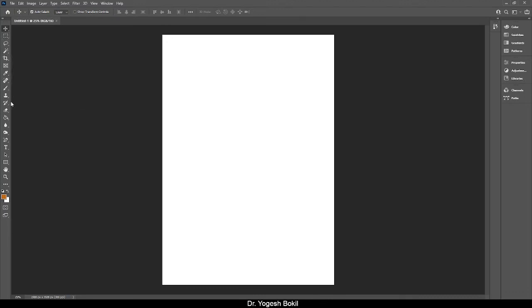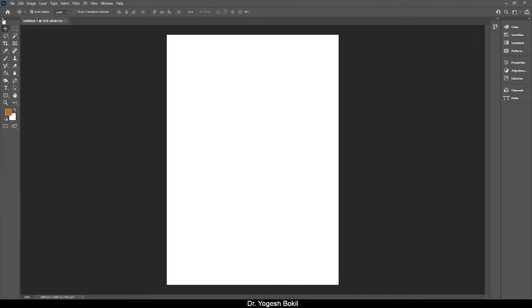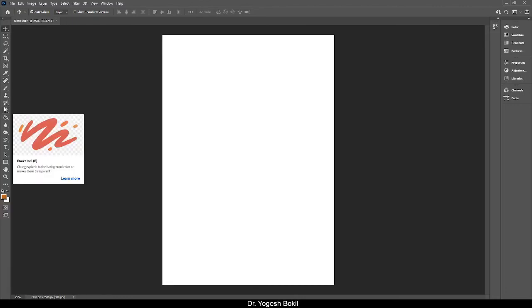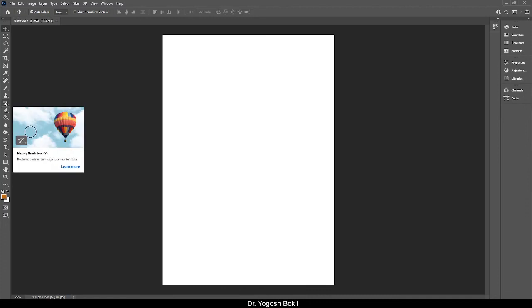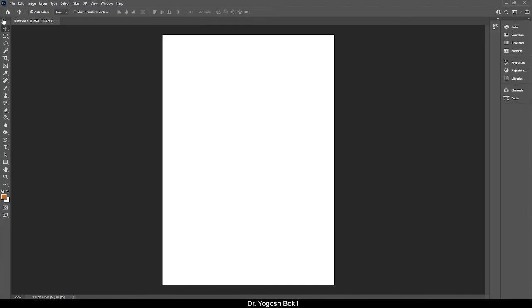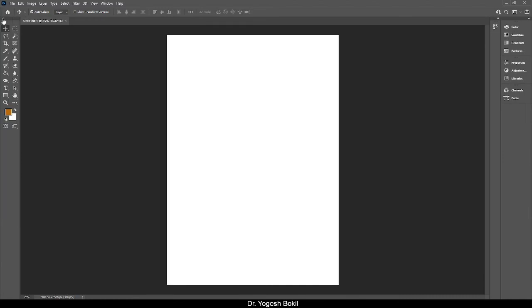Photoshop's toolbar is located along the left of the screen. By default, the toolbar appears as a long single column, but it can be expanded into a shorter double column by clicking the double arrows at the top. Click the double arrows again to return to a single column toolbar.